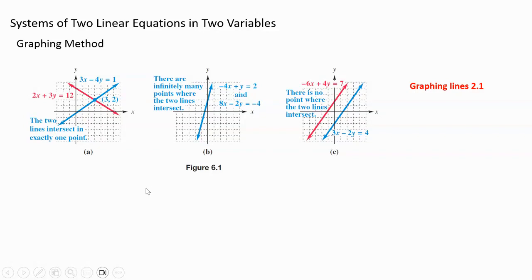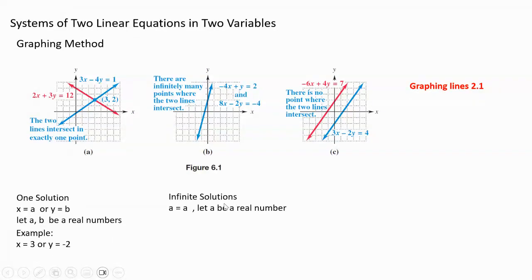Now, when you're solving by substitution or the elimination method, what does it look like towards the end when you're going to get the answer? Here it is. If it's one solution, you're going to get something like x equals a or y equals b. That means x equals a number or y equals a number, so it's going to be one solution. That's like a hint. For example, x equals 3 or y equals